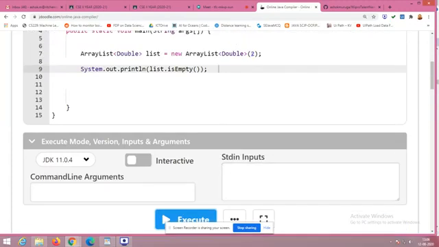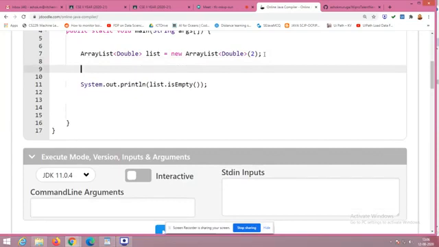Because I have added 2 here, right? I have reserved space for 2 elements. Okay, that doesn't mean that if I do it like this only it will come true, because see, without using a for loop I am printing the data using the list object itself.